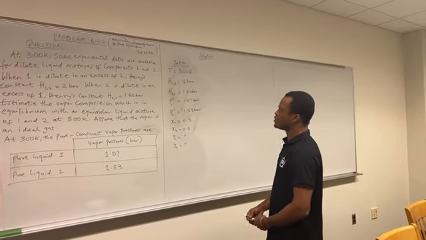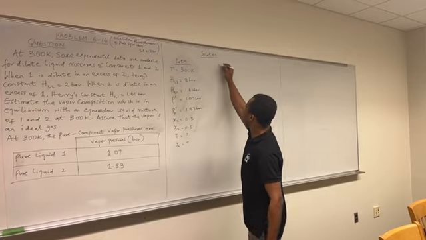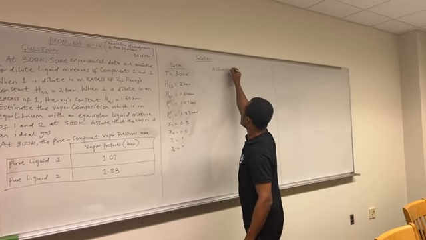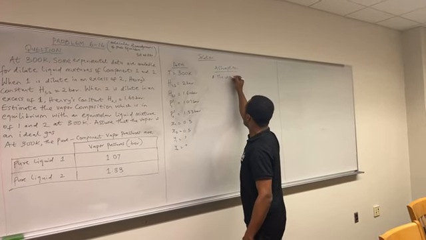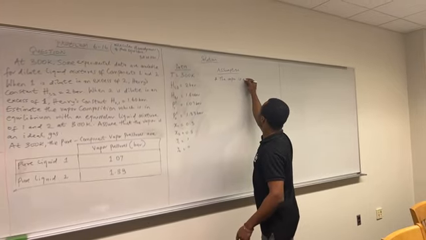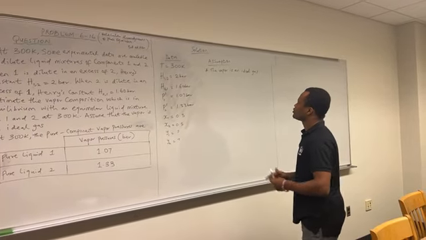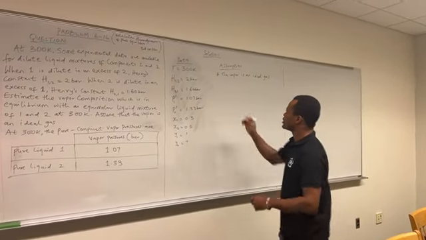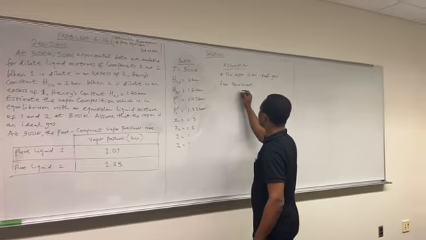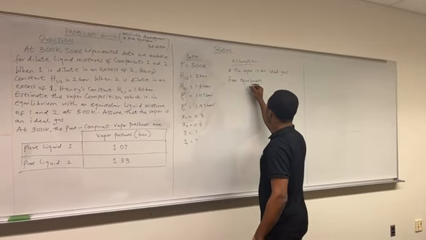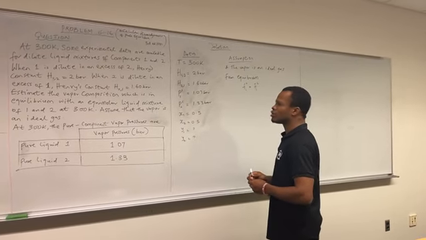The next thing is an assumption given here, which is that we should assume the vapor is ideal. So we write our assumption: the vapor is an ideal gas. After this, we now recall that from equilibrium, the fugacity of component i in the vapor phase is equal to the fugacity of component i in the liquid phase, which is also the same as